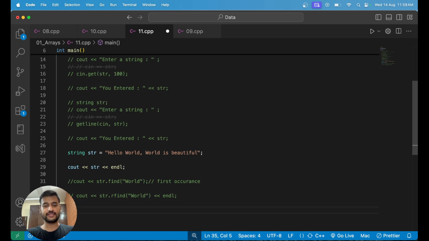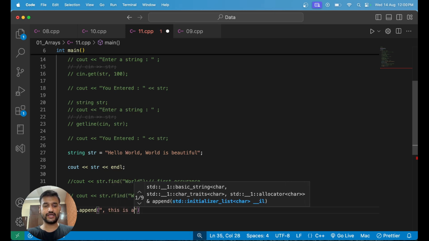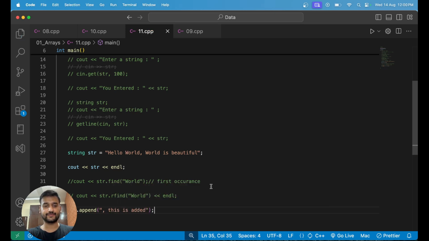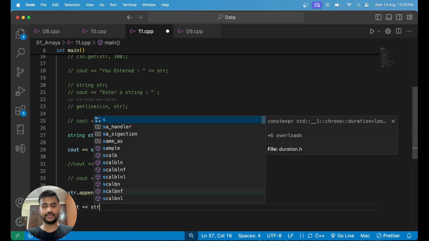Maybe I can say str dot append. So this is basically going to append something to the existing string. So I'm going to append over here something like, comma, this is added. Okay, now if I try to print out the str again,